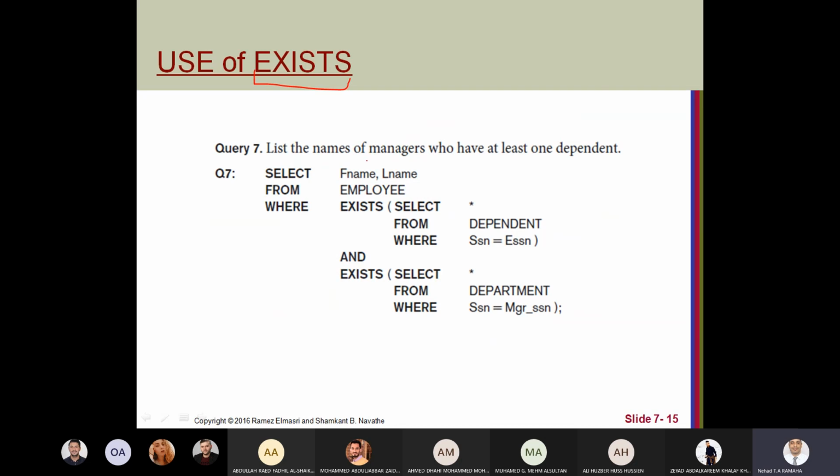Is there another way to write this? Yes, we can write it like any normal query, because exists can also be collapsed.